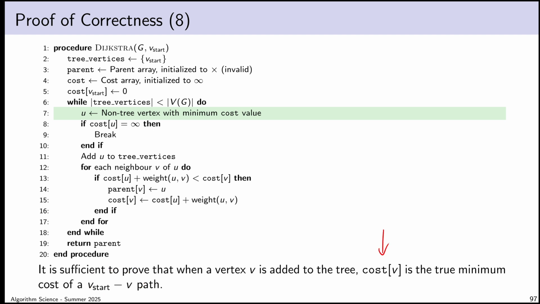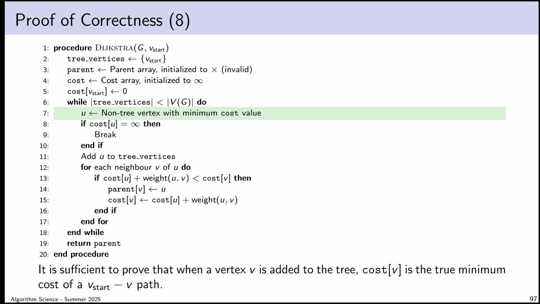Cost v, if we look at the pseudocode, only gets changed when it could get smaller. Observe that when I modify cost v, that would be here. The only time I ever modify the cost of travel to a vertex is here, other than when I initialize it to infinity at the beginning, or set the cost of travel to the initial vertex. The only time I ever modify it in the algorithm is this line here. And when I change it, based on the relaxation condition, it must be changed to a value that's smaller than what it is already. The change only happens if the new value is less than the old value. Okay, so that's one observation.